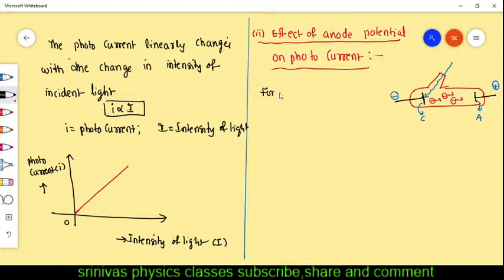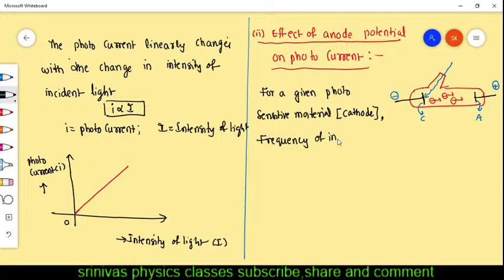The photosensitive material is used as the cathode. When light falls on the photosensitive metal, electrons are emitted. Then for a given photosensitive metal and frequency of incident radiation,